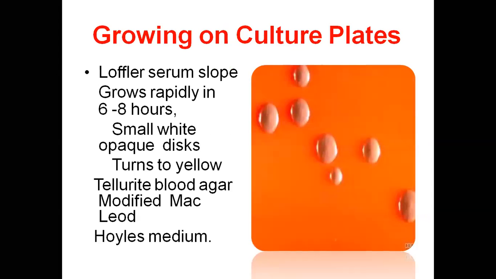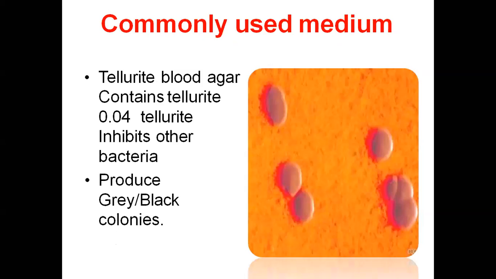Growing on culture plates, particularly here they are using Loeffler's serum. This is serum. Here you can see an omelette-like structure, that is blisters, identified under the serum, or under the egg yolk, which turns the yellow into blister-like formation. How long does it take? It takes 6 to 8 hours after placing the sample with proper temperature maintenance, that is 37 degrees Celsius and pH 7.4. So this is the commonly used one, either blood agar or serum tellurite.